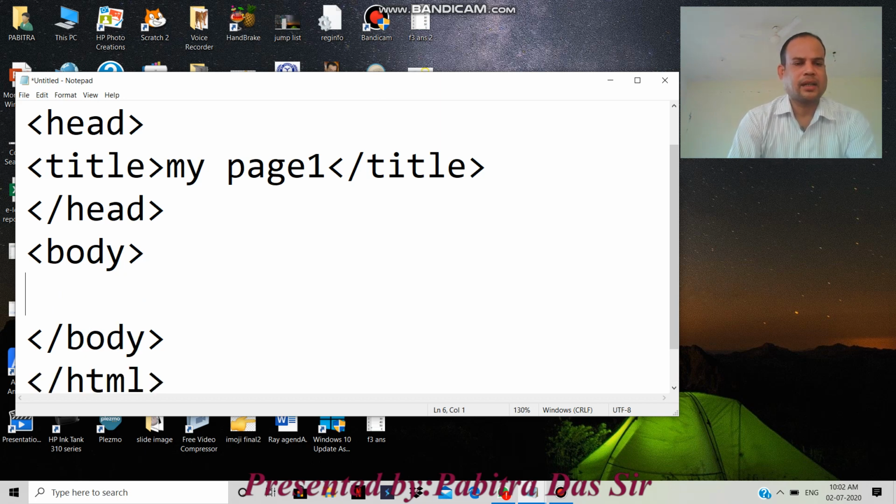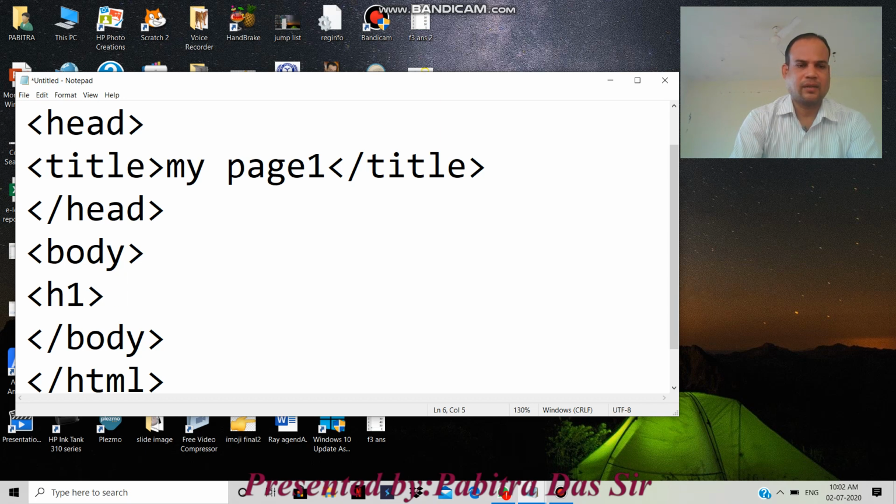In our previous class, we discussed heading tags. There are 6 types of heading tags, from H1 to H6. They are basically used to describe the levels of heading in different sizes, from H1 to H6. H1 is the largest heading tag and H6 is the smallest heading tag. Now I am going to show the H1 tag.